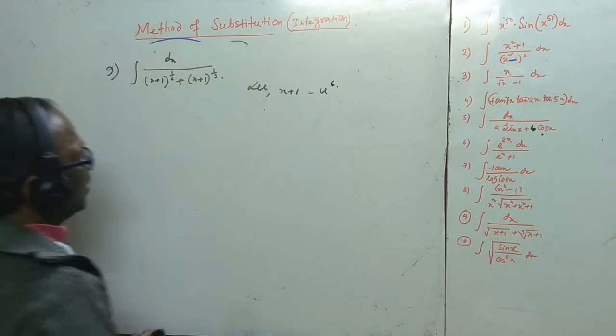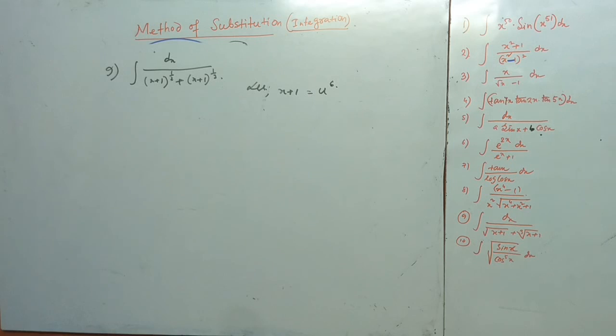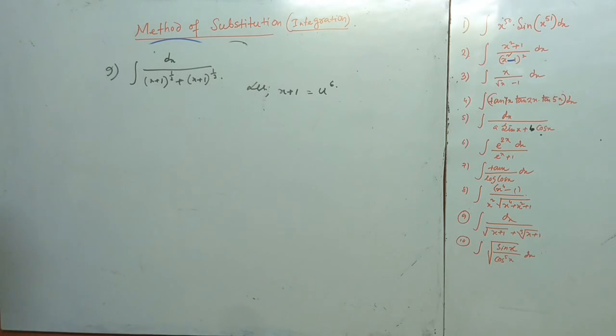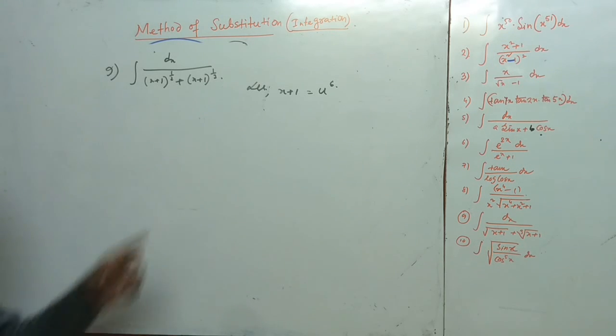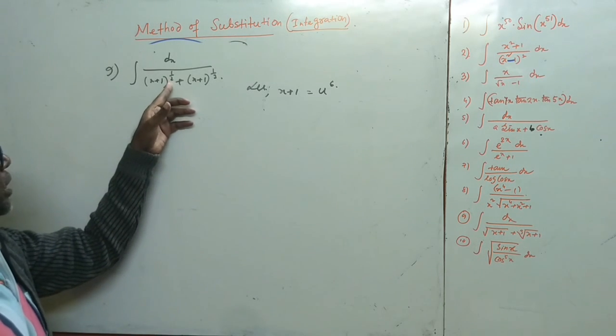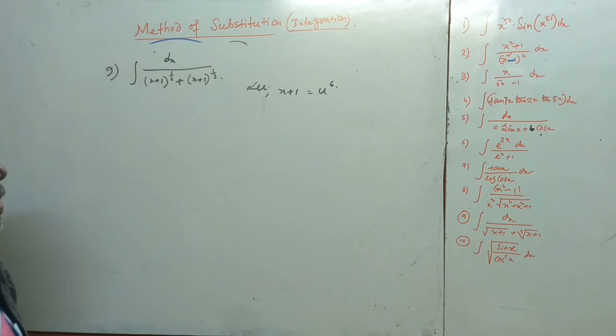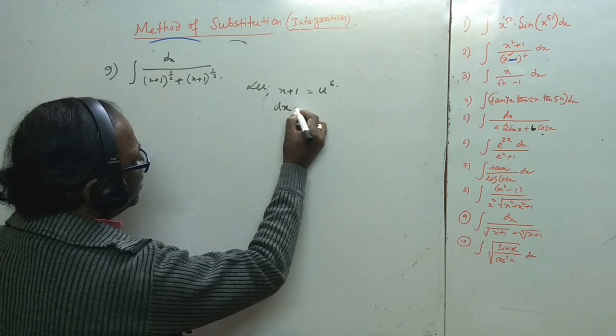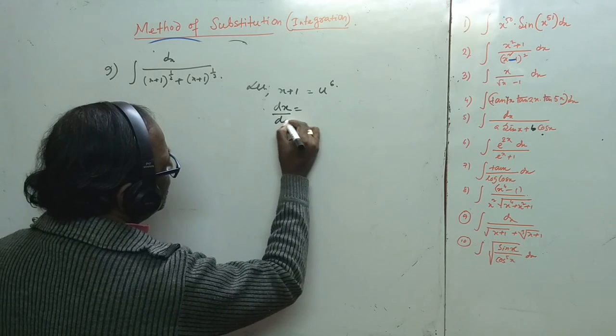In the case of fractional powers like half and 1/3, taking the LCM of the denominators 2 and 3, which is 6, x plus 1 would be taken as u to the power 6 here. Now differentiate here, so dx is equal to, dx by du is equal to